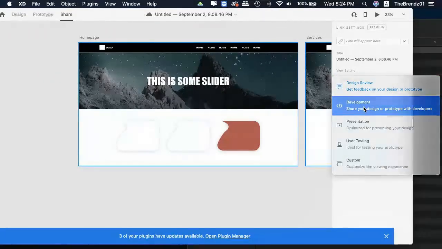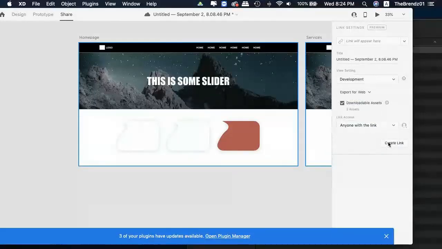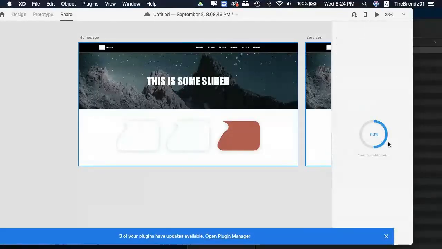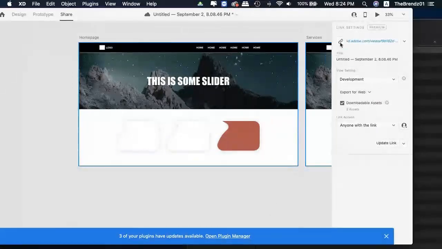Click here, create link. In just 2 clicks, you do the same thing that you should do in Photoshop in 20 clicks. And it takes just a few seconds to finish. Okay, now we have this link,